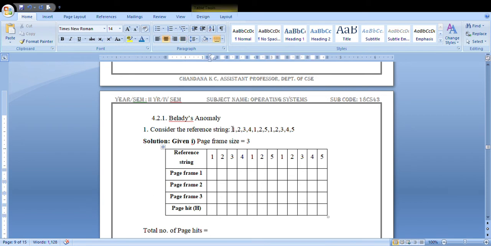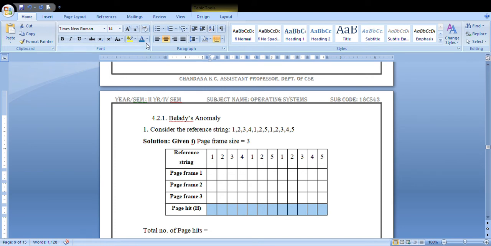So this is one of the examples for Belady's anomaly. This is the reference string they have given: 4, 5, 6, 7, 8, 9, 10, 11, 12. Totally there are 12 pages. They have specified the page frame size is equal to 3.